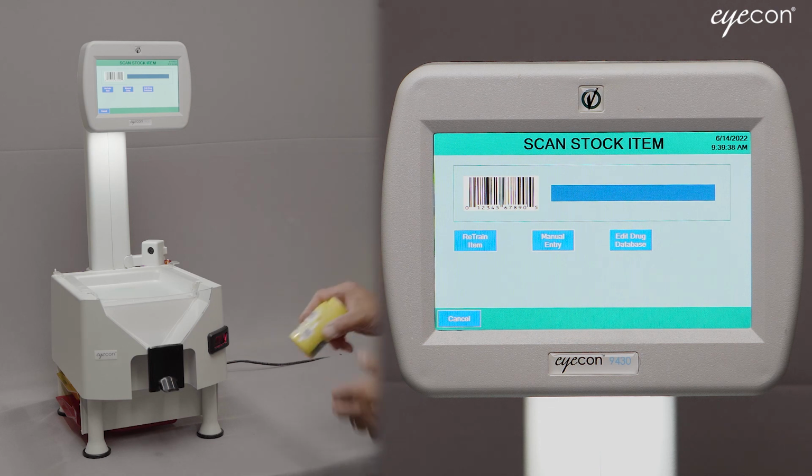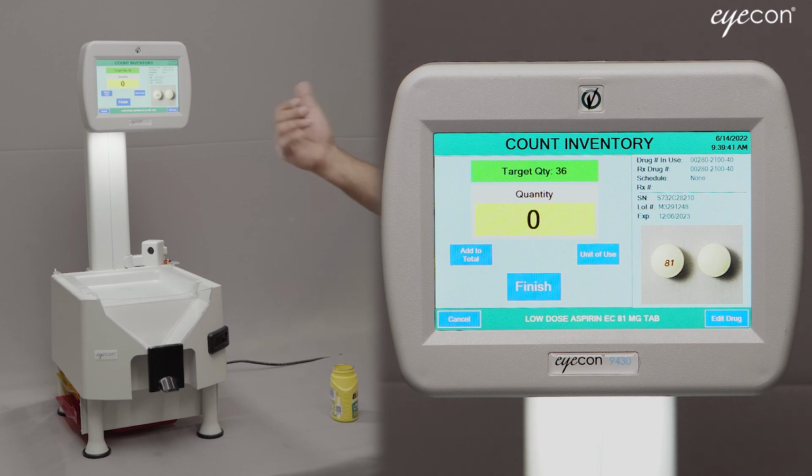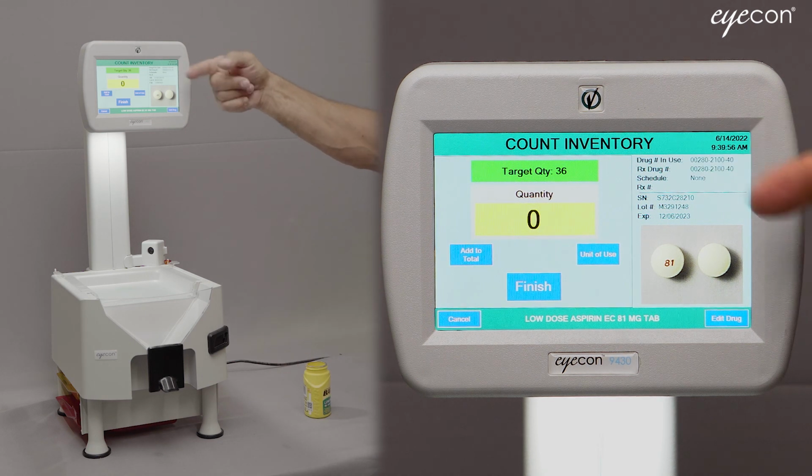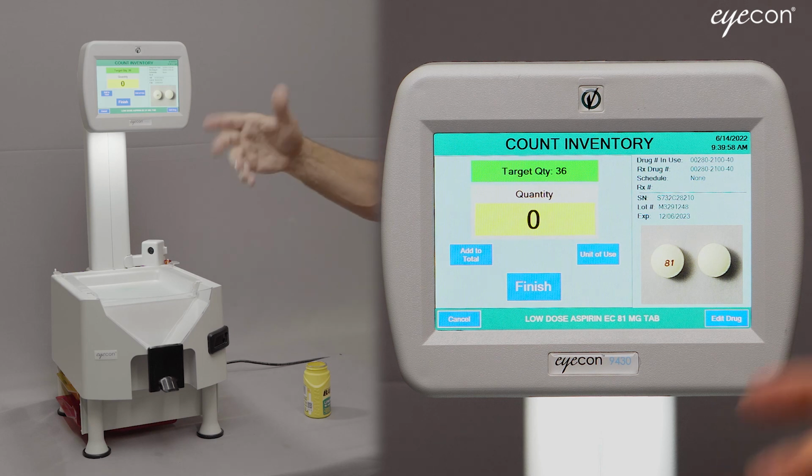So as soon as I scan my stock bottle, the Eyecon sends that drug number off to your pharmacy system and requests it to tell us how much are on hand in their system. We then display that if you've enabled that feature in the settings menu that I was describing a few moments ago. So in this case, the pharmacy system says there's 36 pills on hand and we have 0 on the